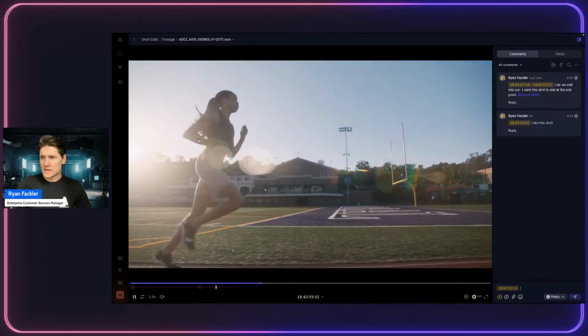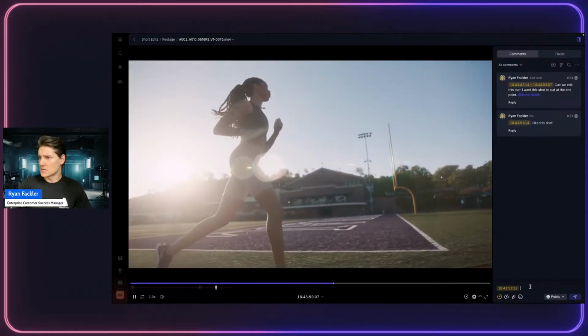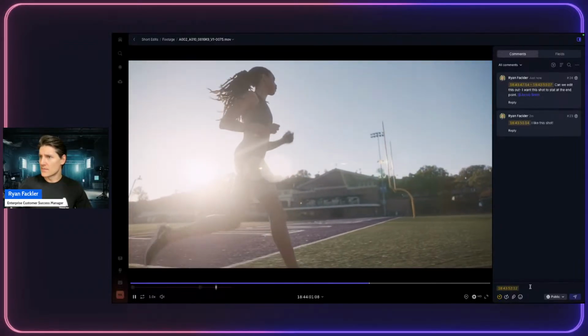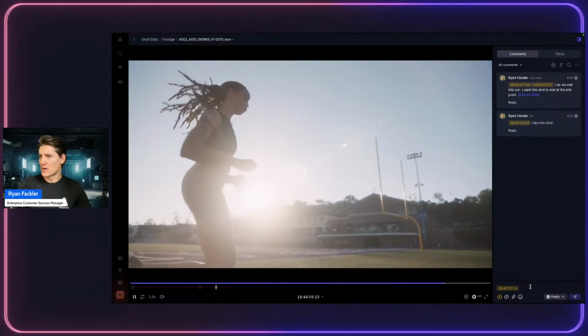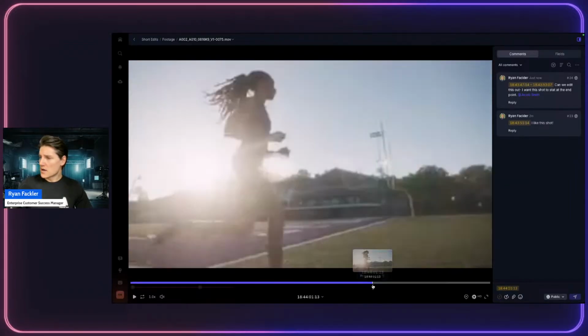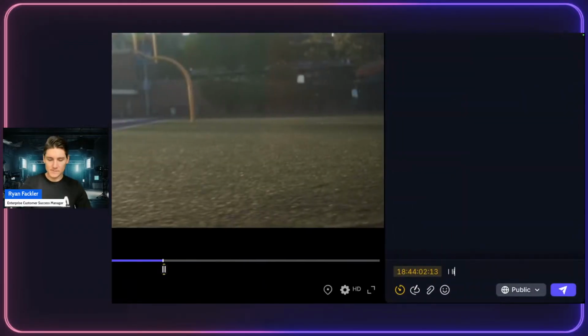I really like this ray of light that's coming in too, especially here. This lens flare, I think, just looks really nice. It does look a bit washed out though, so maybe we need to adjust a little bit of color before. So I can leave a comment right over here, just indicating I like the rays of light,